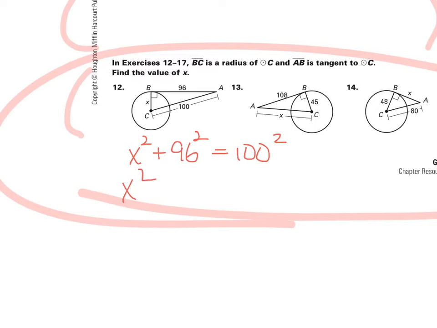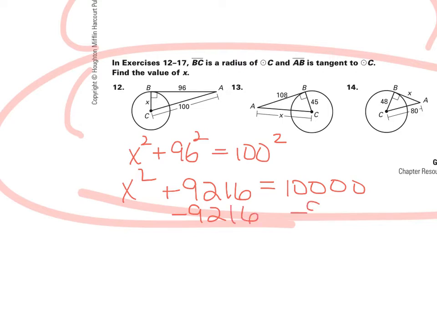So x squared, now 96 times 96. So you're going to have to be very careful with your calculations. Some of the numbers are rather large. And then 100 squared, just add 4 zeros. So 10,000. Then I'm going to subtract the 9,216. And then I get x squared is equal to